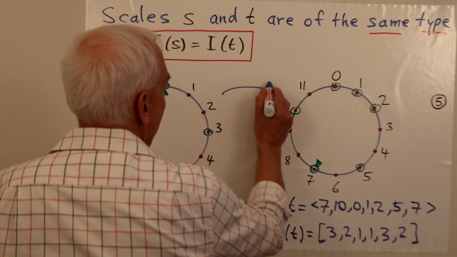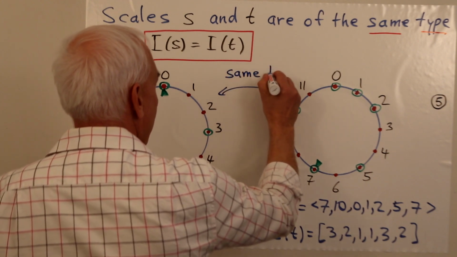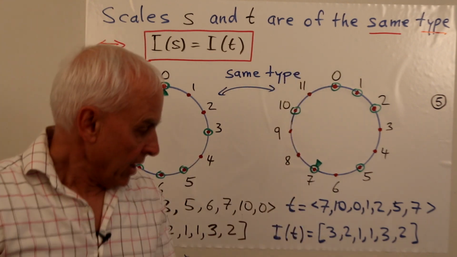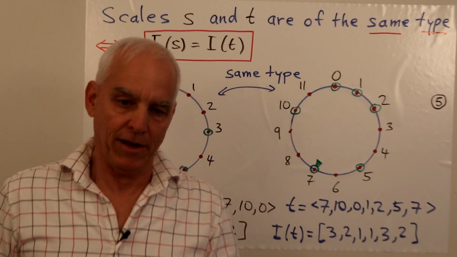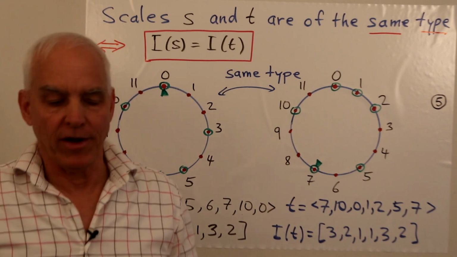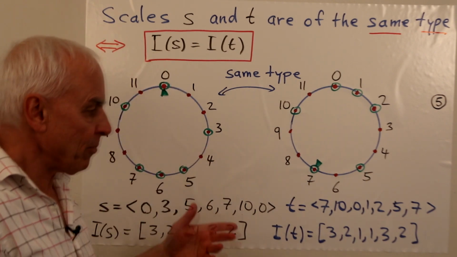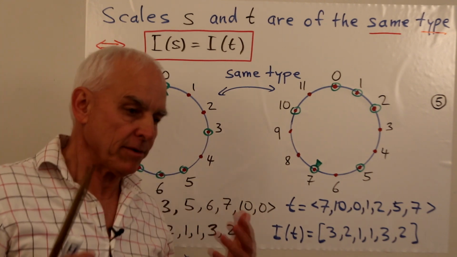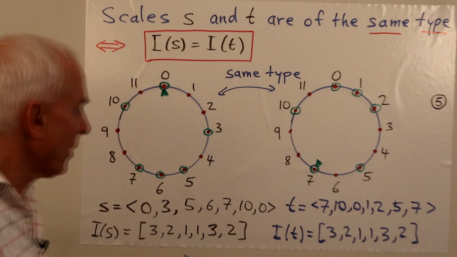Okay, so they are the same type. In fact, this is the type of a blues scale. Okay, it's a very standard scale in jazz and in blues. Okay, so if you heard these two scales played on a piano or a guitar or whatever, you'd instantly recognize that they're the same scales. It's just that one is a sort of a translate of the other.